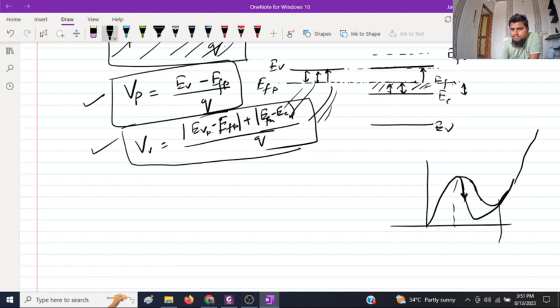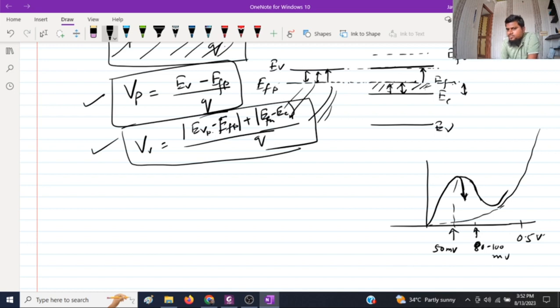Generally, the peak voltage is around 50 millivolts for silicon, and this one is around 80 to 100 millivolts. Okay, and generally this forward region that starts from, when we call it a very good forward bias, 0.5 volts, it is 0.1 volt. Okay,